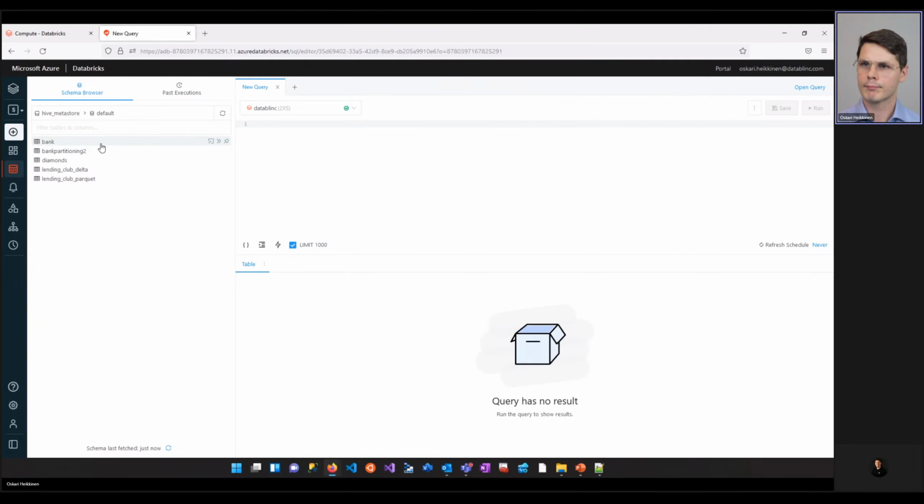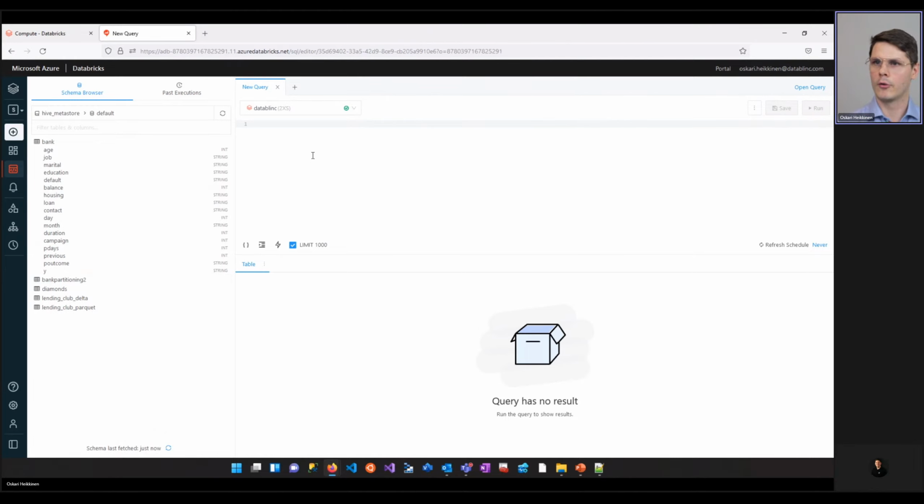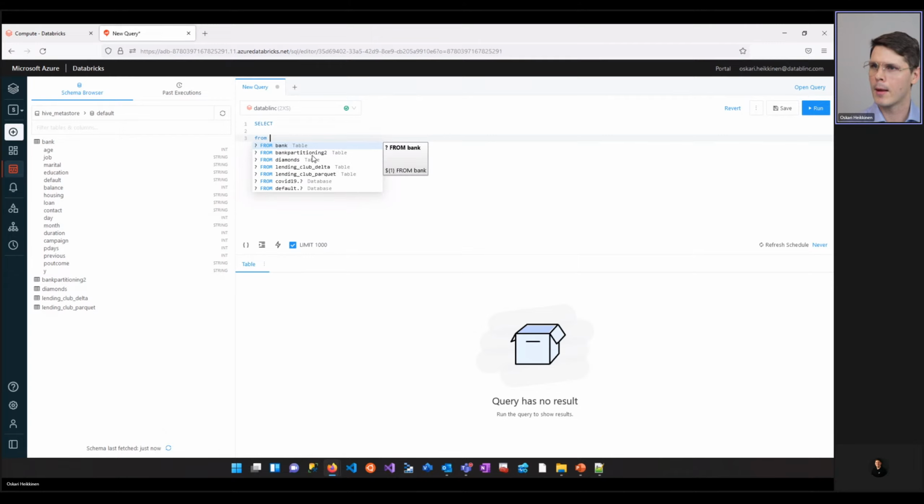And we can easily, let's say if we want to do a single query, we can do a select from, let's say the bank table, and